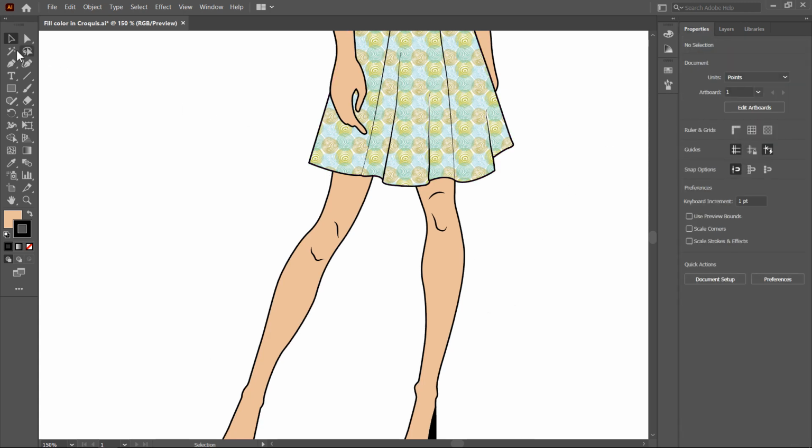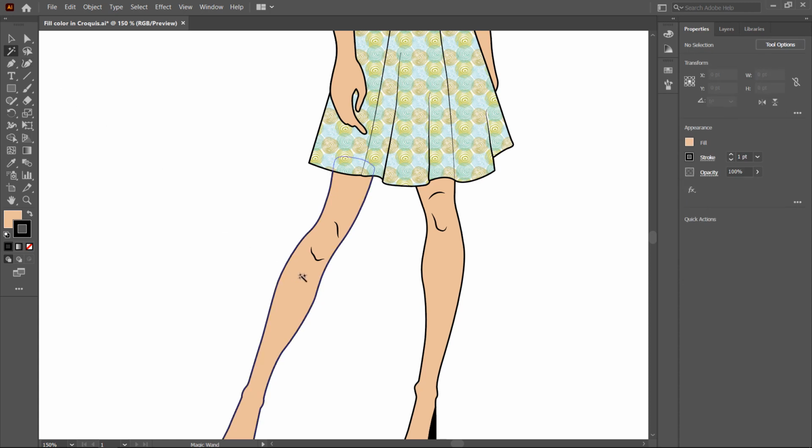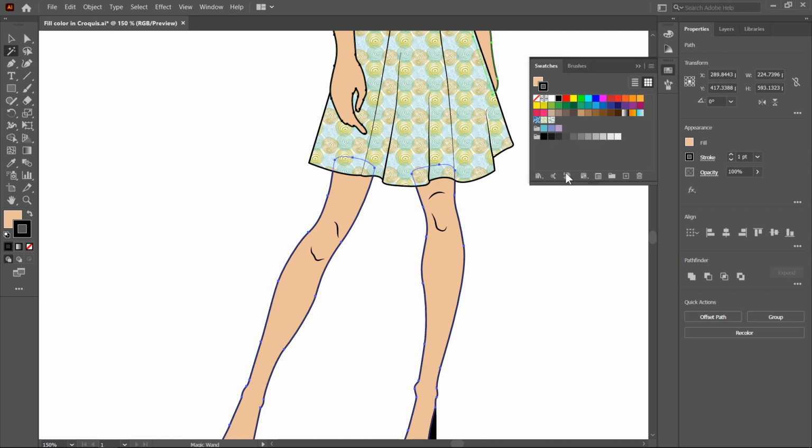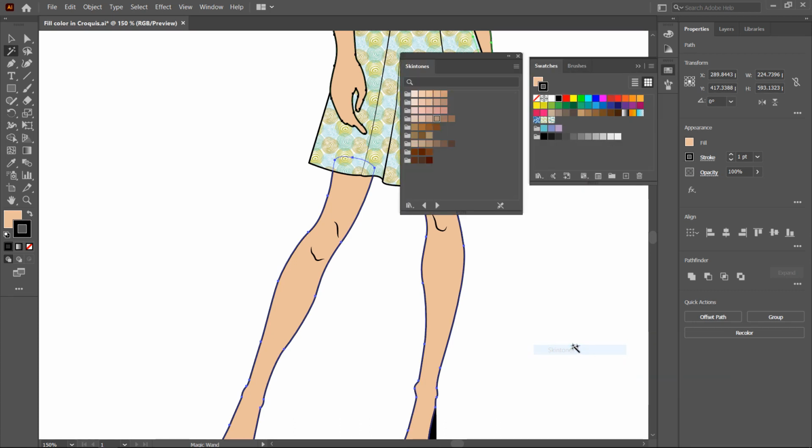Now I choose the magic wand tool and select all skin elements by clicking on this and then open the swatches panel and fill this edge with the dark brown color. Okay,